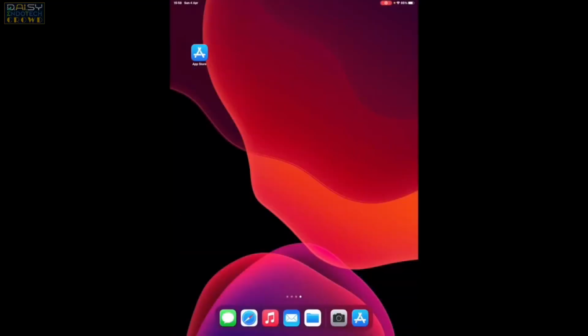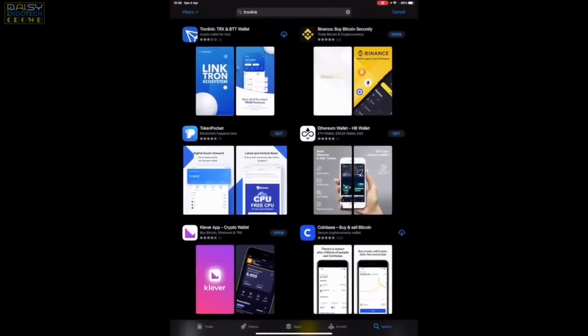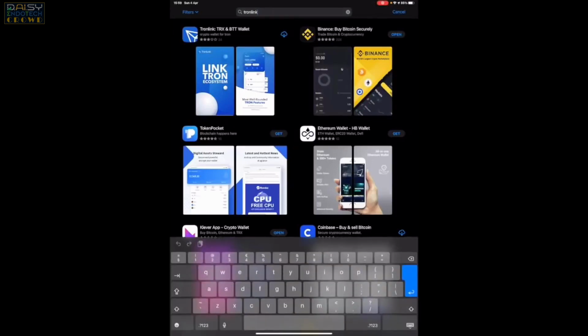To get started in Daisy, you will need to have a Tron-based dApp wallet. We strongly recommend using TronLink or TronLink Pro. So here's how you're going to do it. You're going to go to your App Store for those Apple users and Google Play Store for the Android users. You'll search for TronLink and download it, and it could be TronLink Pro for those who